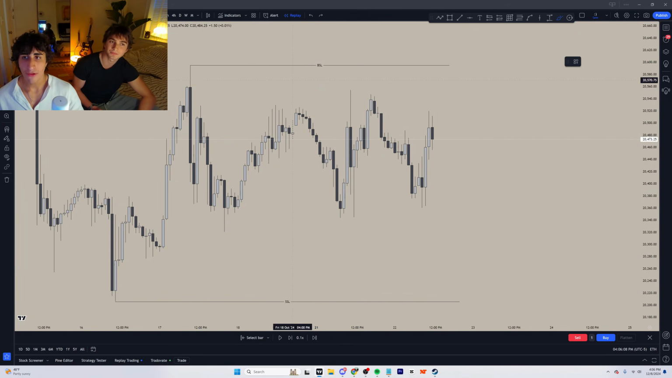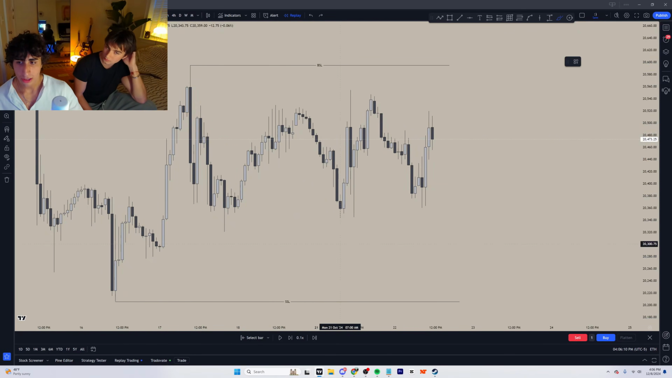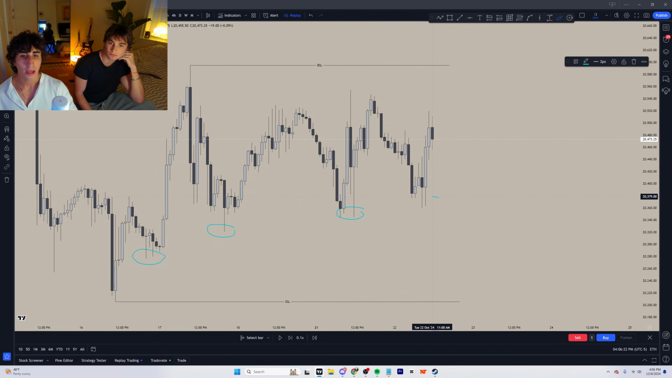Okay, so here we have your major buy side liquidity and then your major sell side liquidity. So look at what has been taken. And then also we have sell side liquidity resting here in the form of swing low, sell side liquidity here, sell side liquidity resting here, and also sell side liquidity resting here. We also then have buy side liquidity resting here,